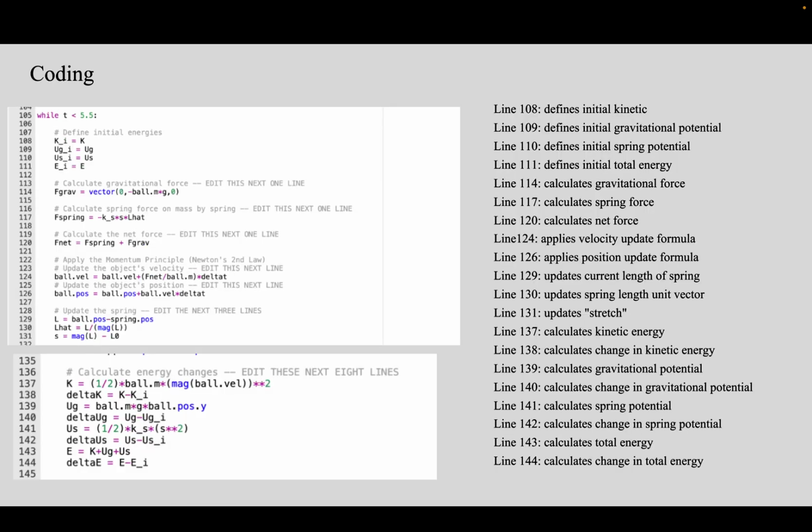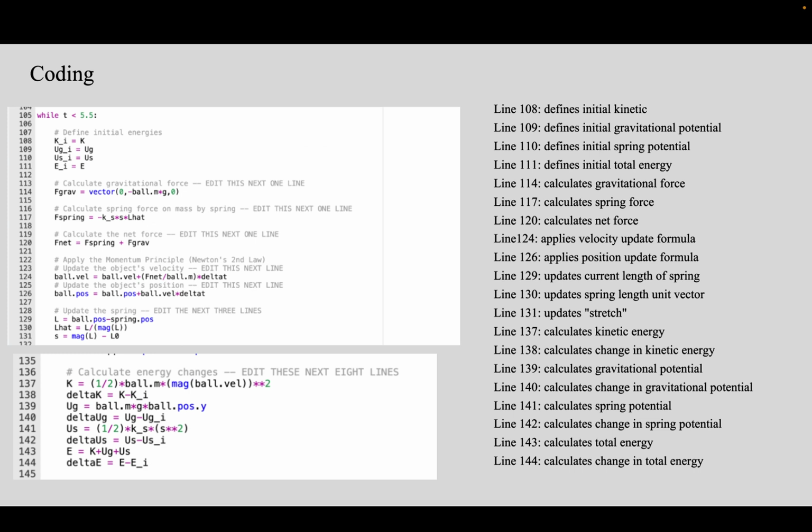Line 108 defines initial kinetic, line 109 defines initial gravitational potential, line 110 defines initial spring potential, line 111 defines initial total energy, line 114 calculates gravitational force, line 117 calculates spring force, line 120 calculates net force, line 124 applies the velocity update formula, line 126 applies the position update formula, line 129 updates the current length of the